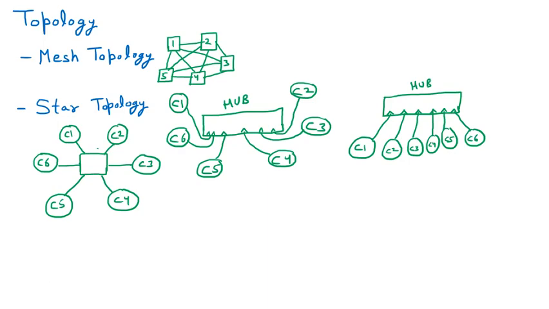Now we are discussing a few important points of the star topology, and the first one is that it uses a central hub. Central hub means it is in the center. We can see that the hub is placed at the center of all the computers to connect all stations. Now you can say stations or computers, both are the same thing. Station, computer, nodes, anywhere you say it represents the computer.